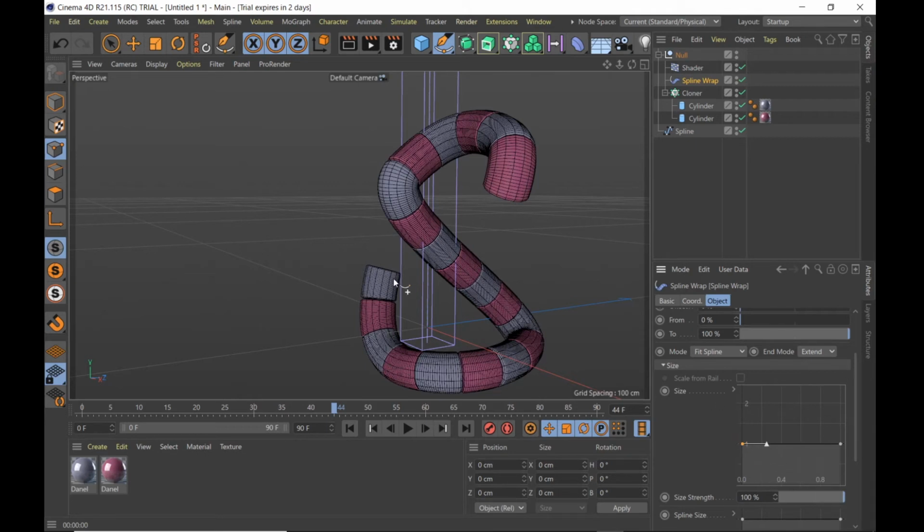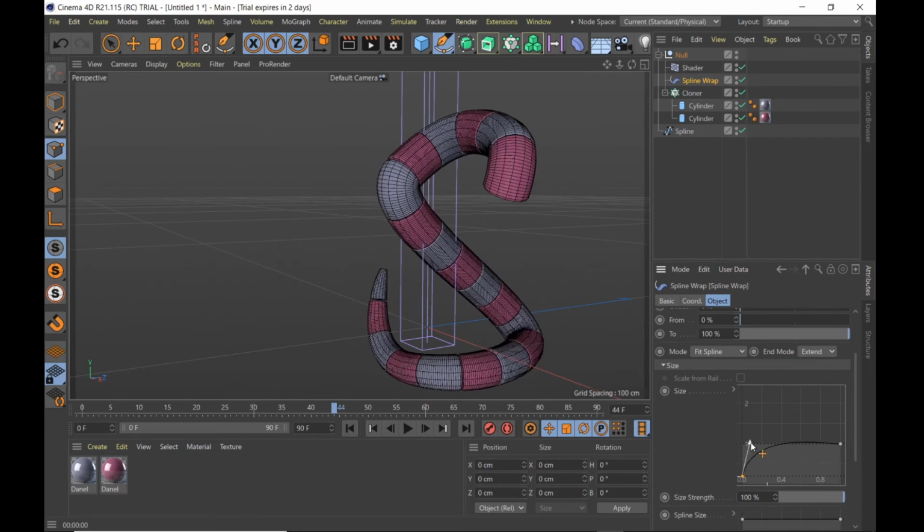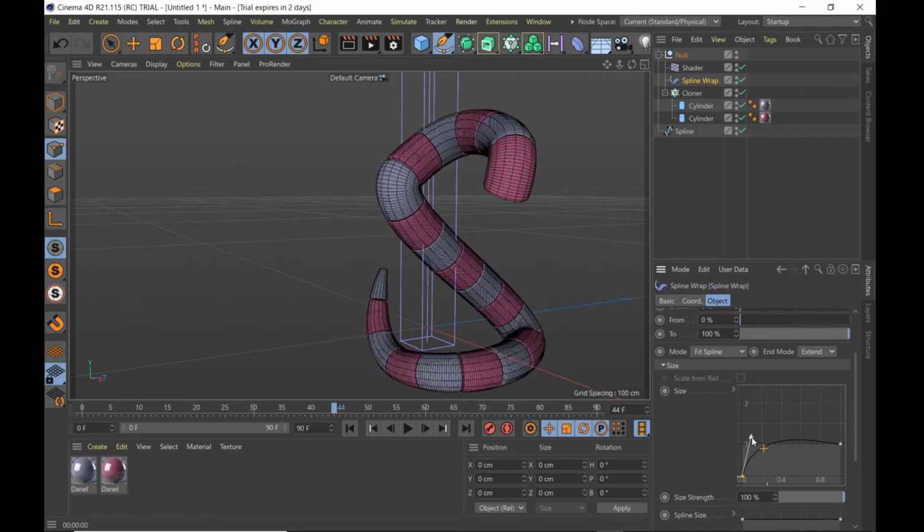In my case, the first dot of this spline was the tail side, so the left side is the tail. So bring it down and grab this handle and bring it up like this. Okay,